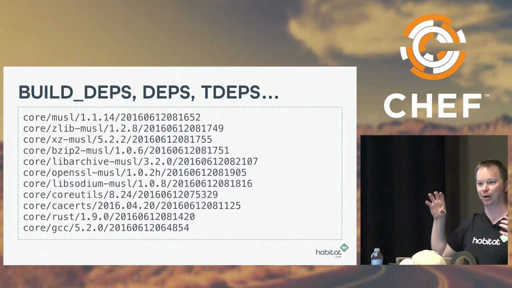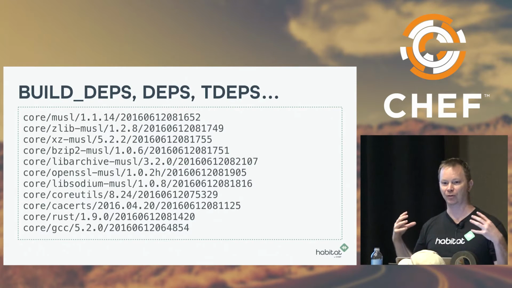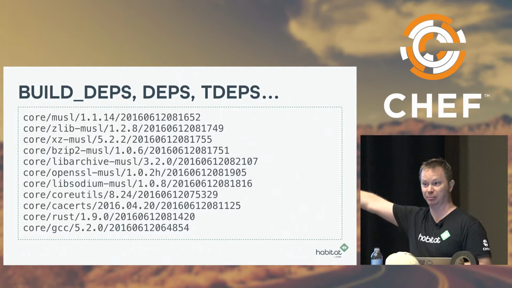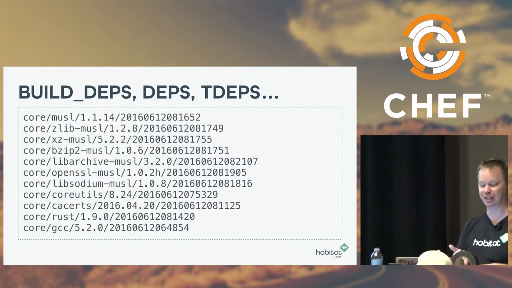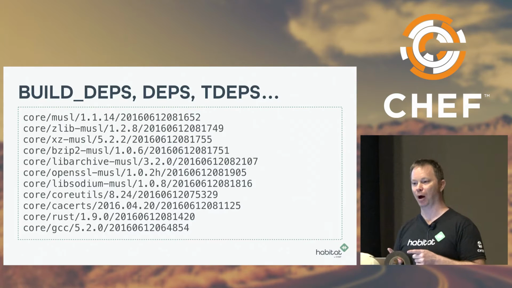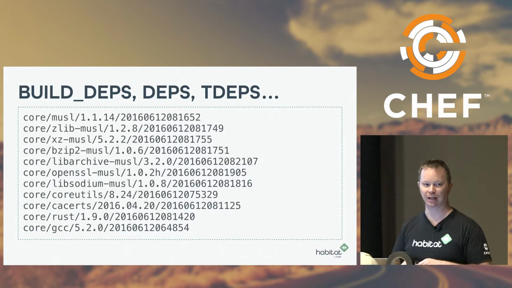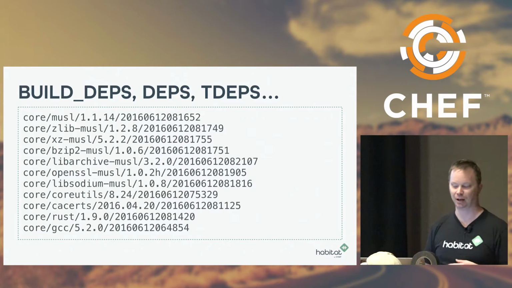When we think about the principles of immutable infrastructure, where you don't want things to change, you can verify that things haven't changed because we know that all these are the same dependencies. We also have a tdeps file and a build tdeps file. That's for transitive dependencies. So those are things that a dependency that I have depends on, right? So I might need OpenSSL, and OpenSSL needs zlib, but I don't need zlib directly. I know I'm just going to get it with OpenSSL.